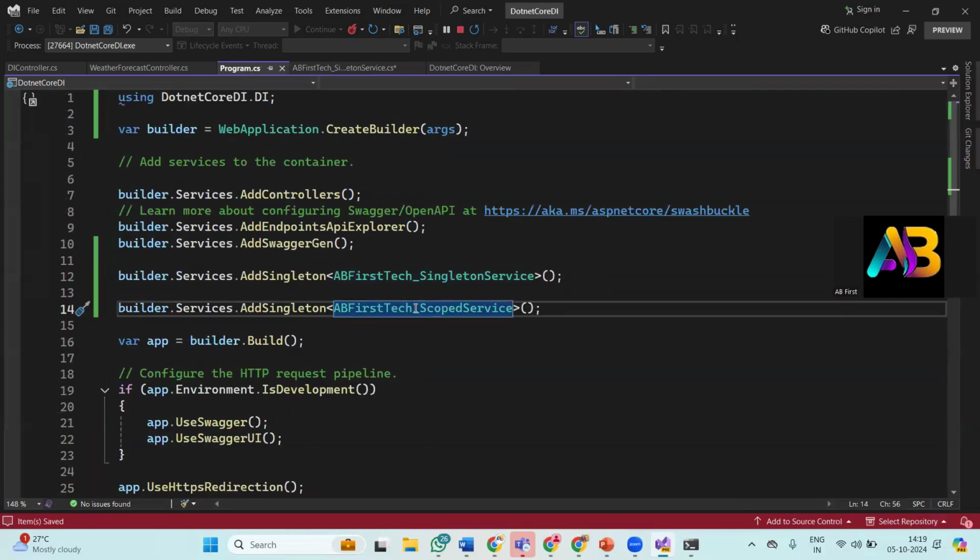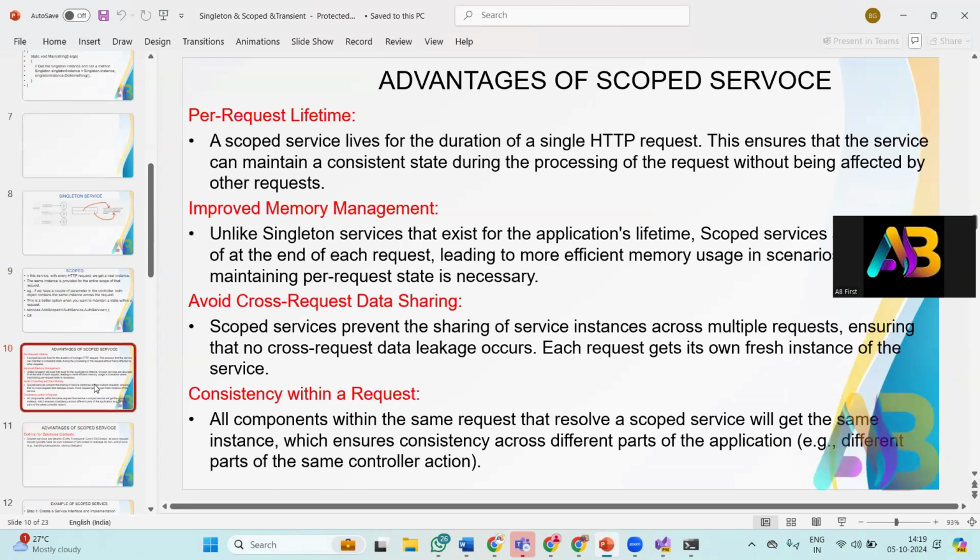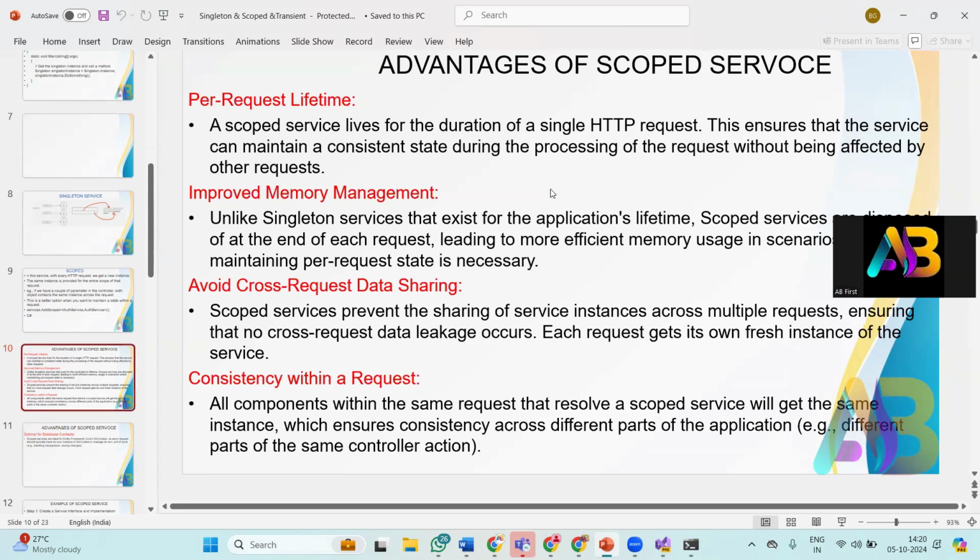So why is scope required? Within every HTTP request, we are going to create a new instance. In this particular scenario, we can go for scope, and the same instance is provided for the entire request and response. So what are the advantages per request? For one HTTP request, a single instance will be carried. Here we also have improved memory management, cross-request data sharing can be avoided, and consistency within a request